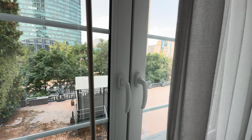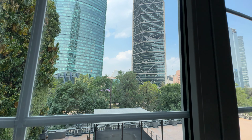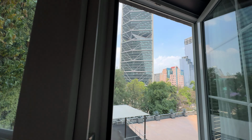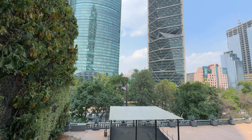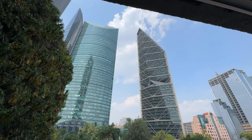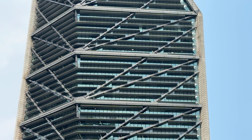And this one is one of our executive suites that overlooks Reforma, which is the main avenue of Mexico. You have to open this one first. And right now you're seeing the terrace, but during Christmas we really like to do our skating rink over this